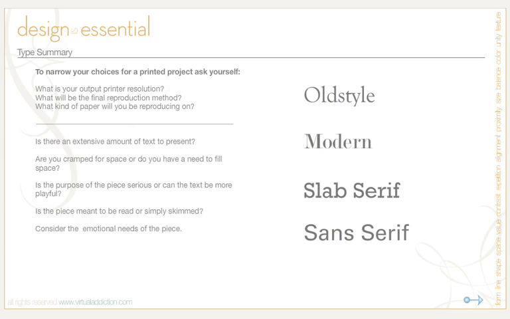Are you cramped for space, or do you have a need to fill space? Different typefaces take up different amounts of space, even at the same point size, and we've seen this. The most critical factor for this is the difference in the width of the characters. The family Times has an average x-height, but the characters are slightly condensed to fit more on a page. Other faces like Garamond are more round and open and fill the page easily. As a general rule, more open typefaces like to have more line spacing and wider margins and gutters to complement